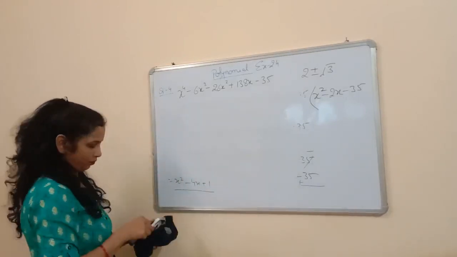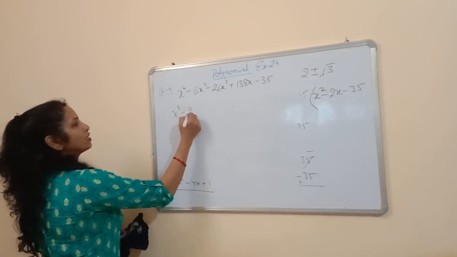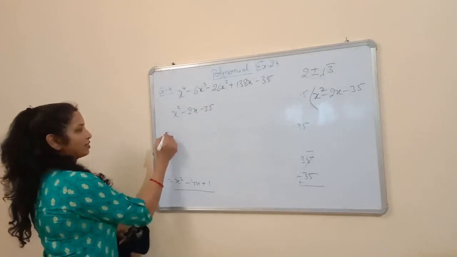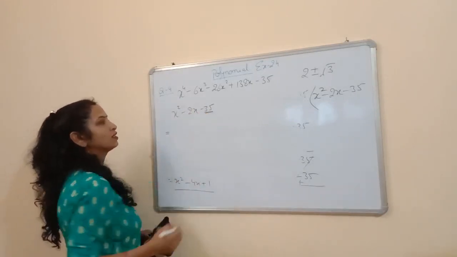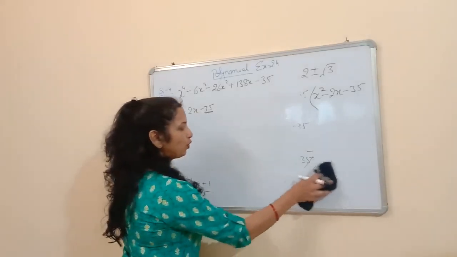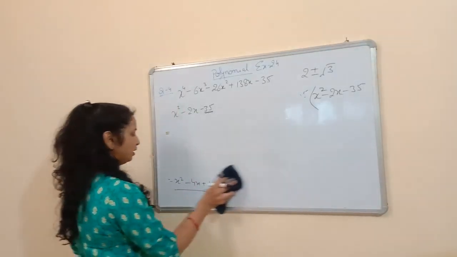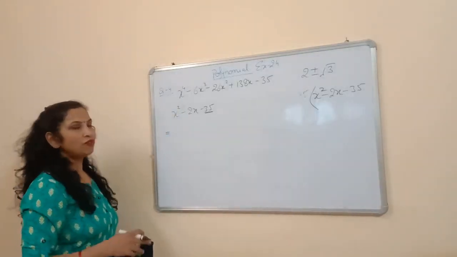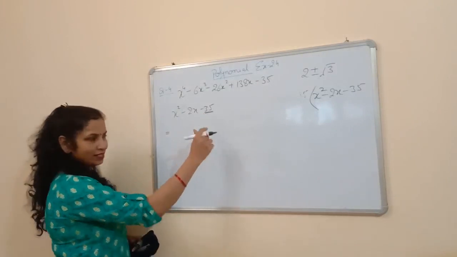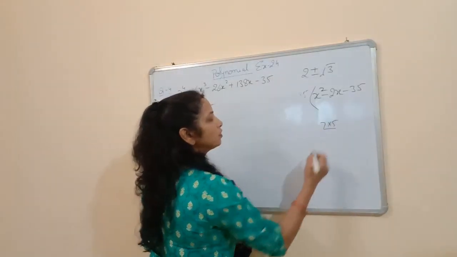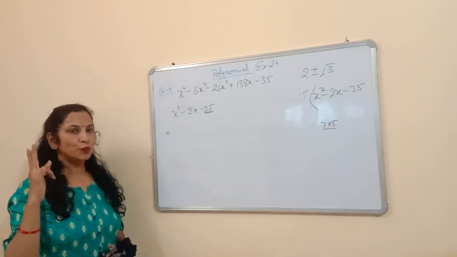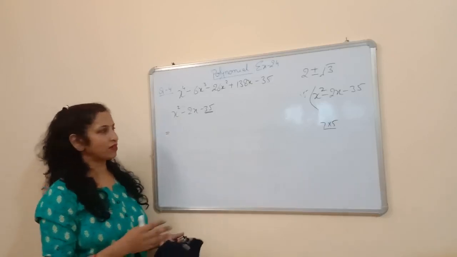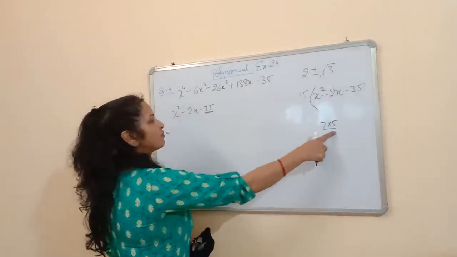So now, x square minus 2x minus 35 is the quotient, and you have to find the other two zeros. So we will factorize it. How will you factorize? 35. This is the splitting term, and you all know about the splitting term which we have learned in class 8, class 9, and obviously in class 10 in exercise 2.1. So for splitting the term we will factorize 35 like that. The two factors whose product should be 35 and the difference should be 2. So obviously it is 7 and 5. 7 fives are 35 and 7 minus 5 is 2.